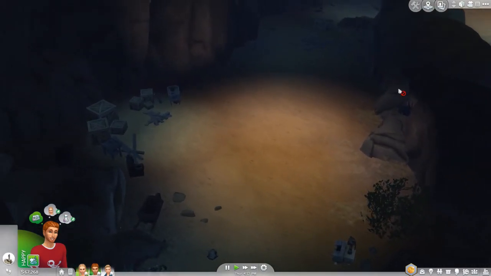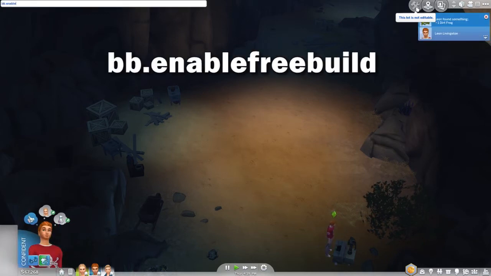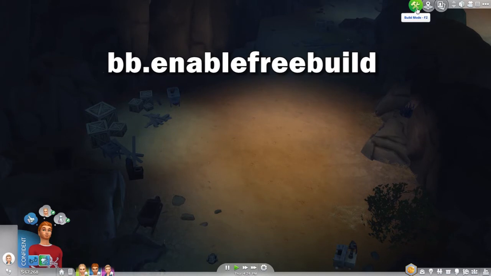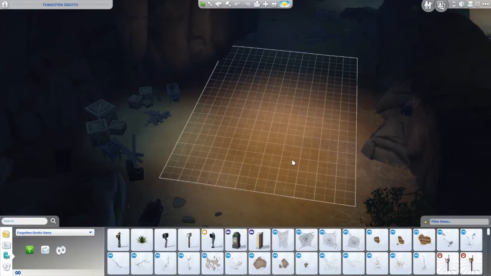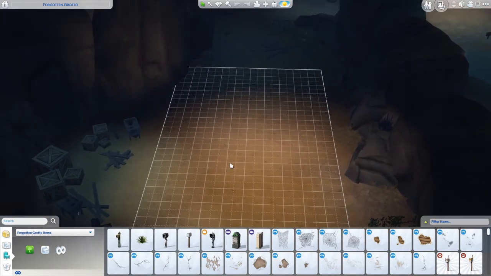Now, similar to Sylvan Glade, this is not editable, but you can edit it if you use the cheat. I'll show you. bb.enablefreebuild. That's the cheat. And you'll see now that it shows that you can select it and doesn't have that anymore. Now, if you want to add the mineshaft to another lot, you can use a different cheat,